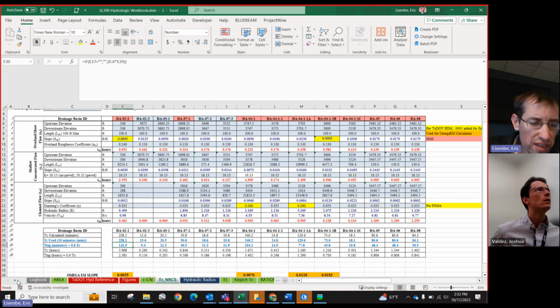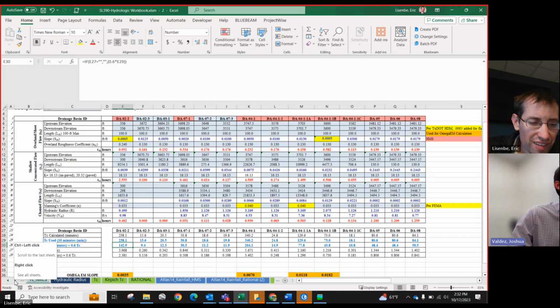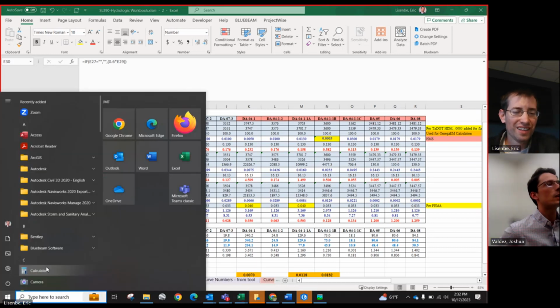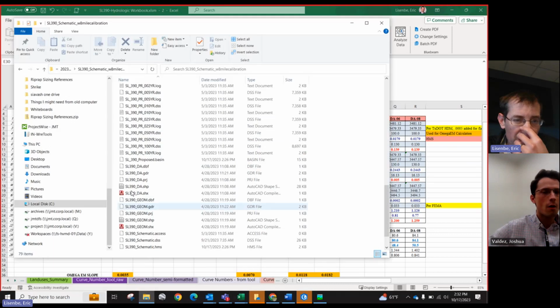It's the same as the rational method, same thing. So the only other thing is the curve number, and that's where we kind of, let me show you the